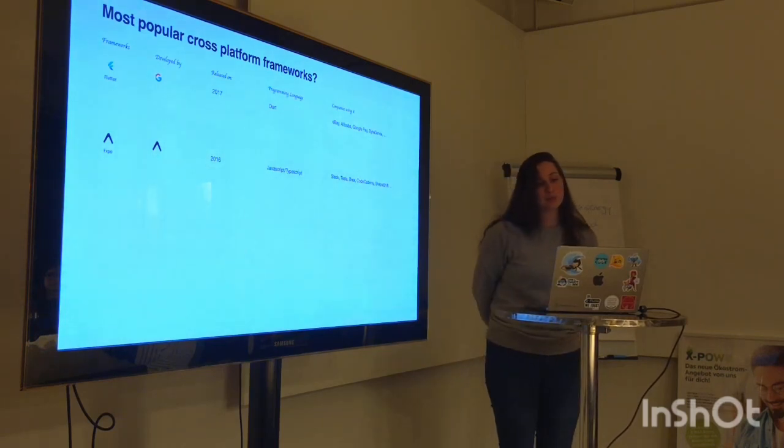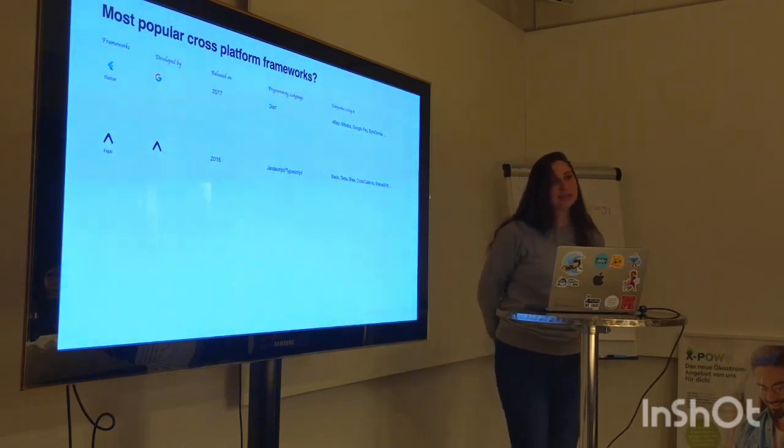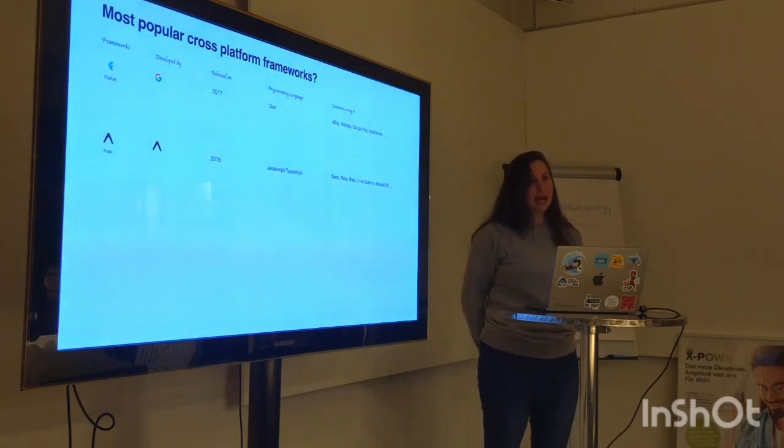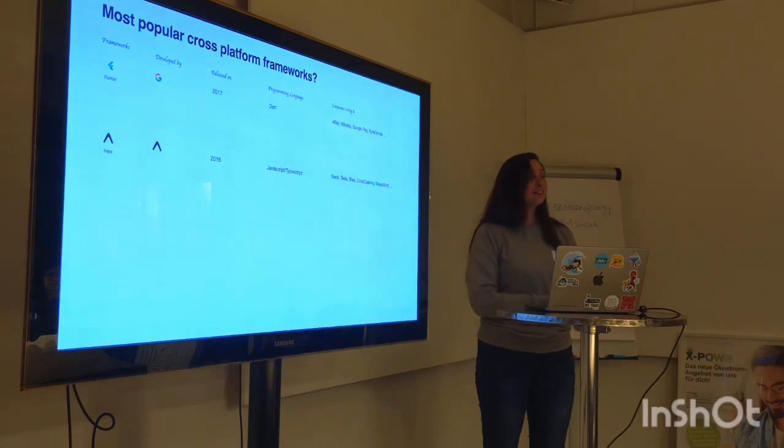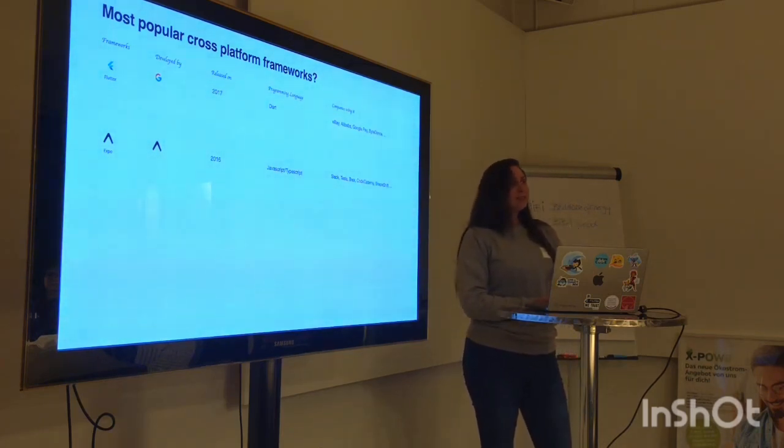And then we have Expo. Expo, as I said before, is built on top of React Native. It's by the Expo team, actually. They did it one year after React Native was released, because they thought it was too much work to get things done. So they came up with this solution that made things more straightforward for developers. You can use either JavaScript or TypeScript, which is really nice, because at the end of the day, I mean,